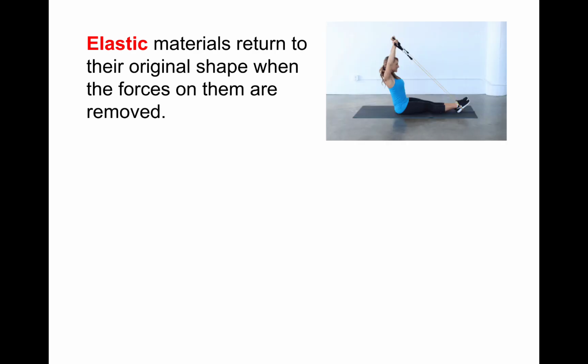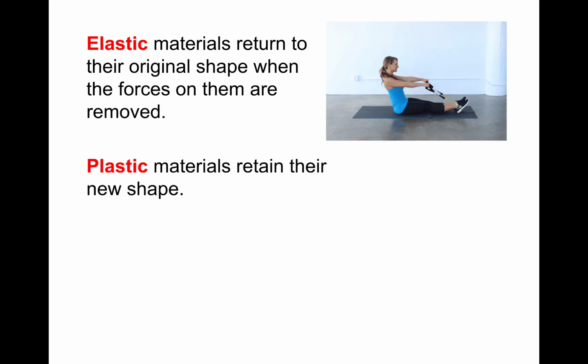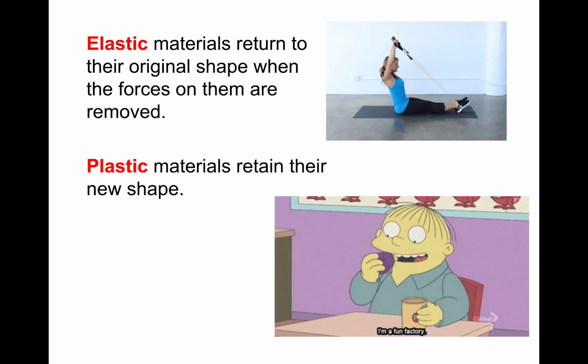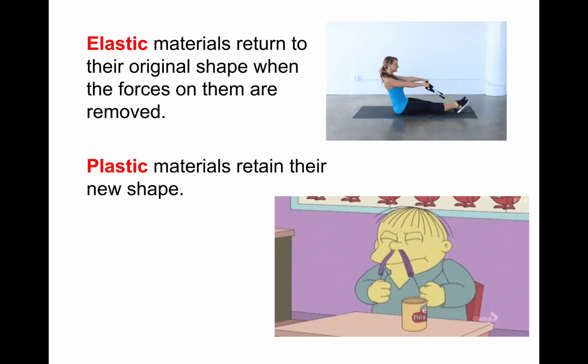So elastic materials return to their original shape when the forces on them are removed, as you can see on the right hand side. So stretched out, and when the force is removed, they go back to their original position. Plastic materials retain their new shape. So as an example,